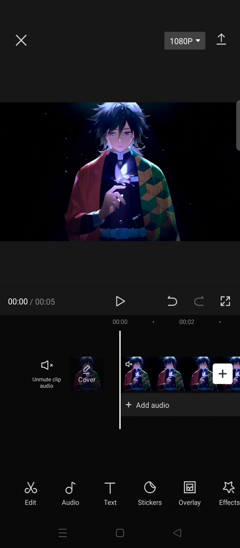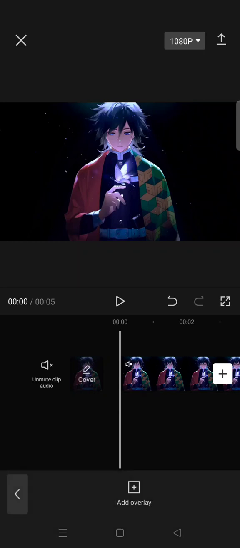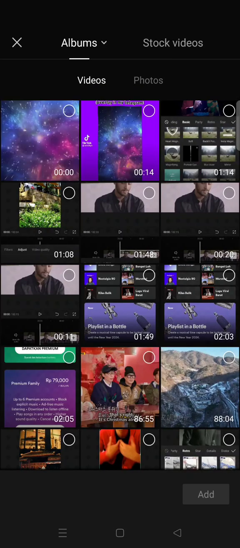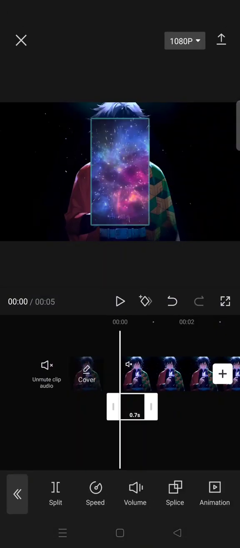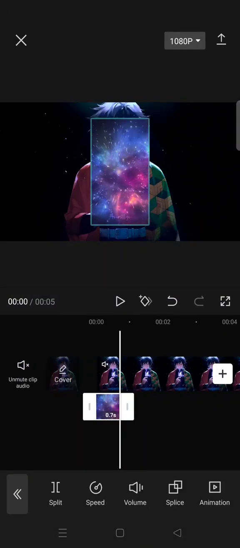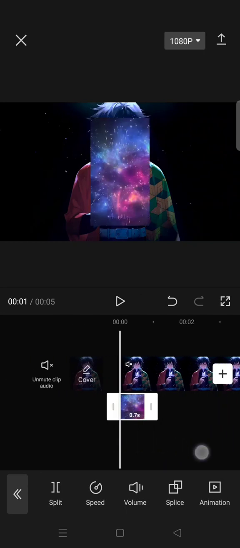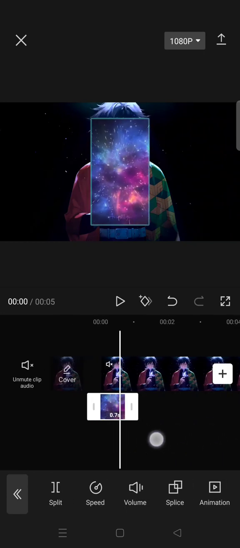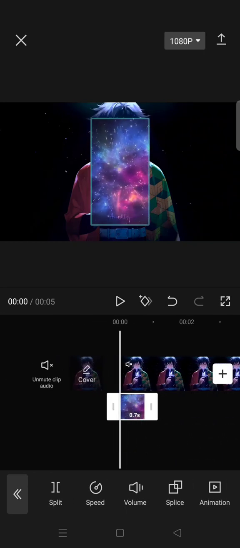On today's video, I'm going to show you how to add a galaxy glow effect on your video on CapCut. So here I've already imported the main video, and to add the galaxy glow effect, you can just use the overlay. I got this overlay from the internet, on TikTok actually. And here I screen recorded it, so it's kind of short, but you can find the long one on the